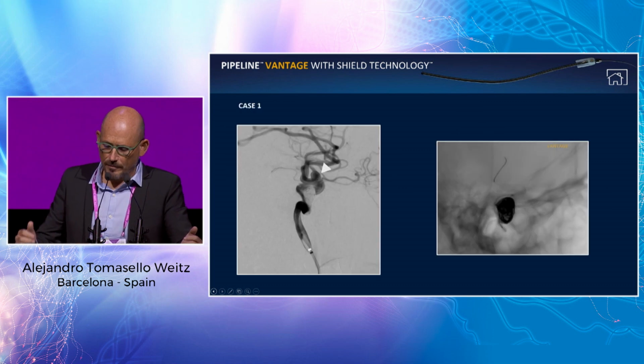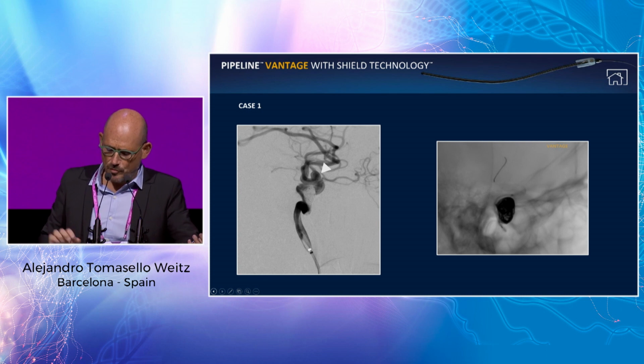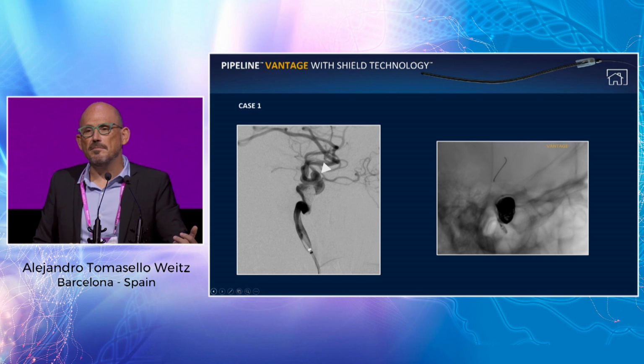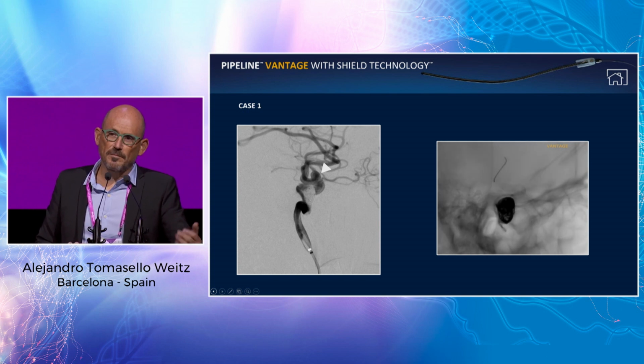It's a carotid ophthalmic aneurysm. We performed the treatment with Vantage. We took probably 1 minute to deploy the device. But because I made an error, a mistake, the size of the proximal size of the stent was not